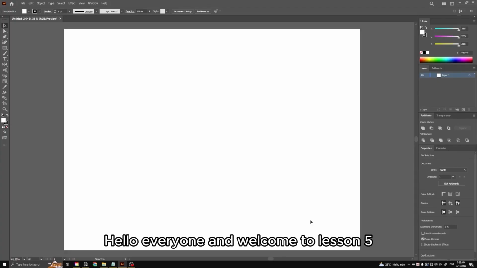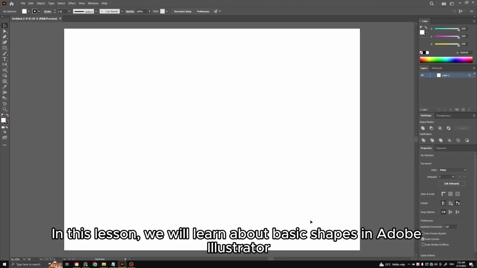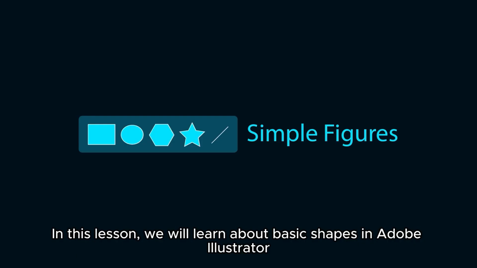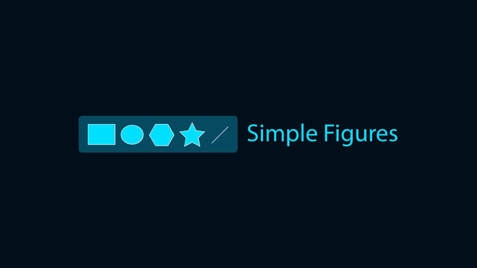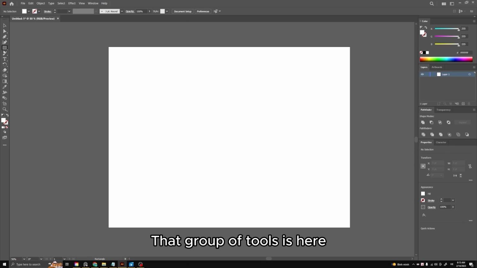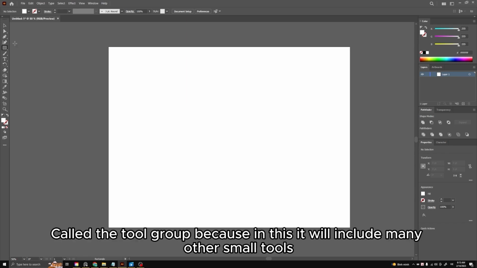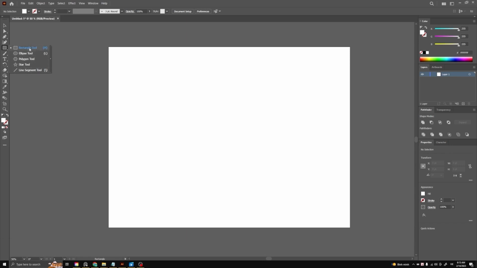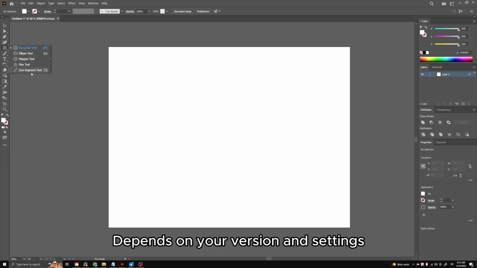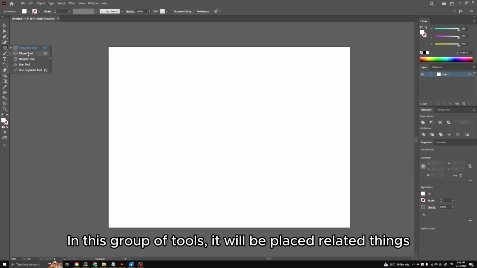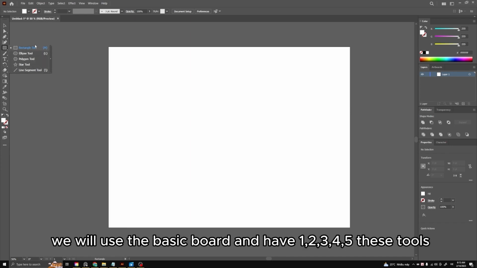Hello everyone and welcome to Lesson 5. In this lesson, we will learn about basic shapes in Adobe Illustrator. That group of tools is here, called the tool group because it includes many other small tools. Depends on your version and settings. In this group of tools, it will be place related things. We will use the basic board and have